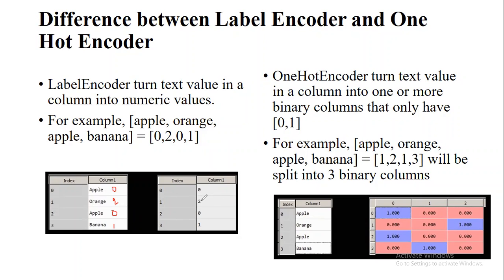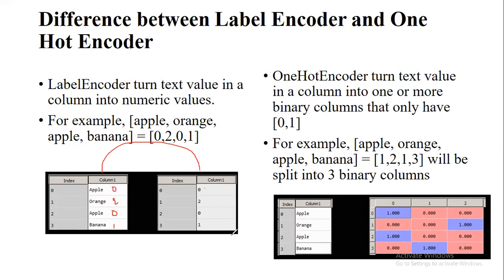So like this, we apply label encoder. Label encoder means your text value is converted into a numeric value. The numeric values start from 0. It will arrange the text values in alphabetical order, and based on that order, it will give the numeric values from 0. Here we are having only 4 values, so the unique values are 3. For these 3, we are having 0 to 2. So wherever apple is there, the column is replaced with 0, orange 2, apple again 0, banana 1. So this is the actual data converted by label encoder.